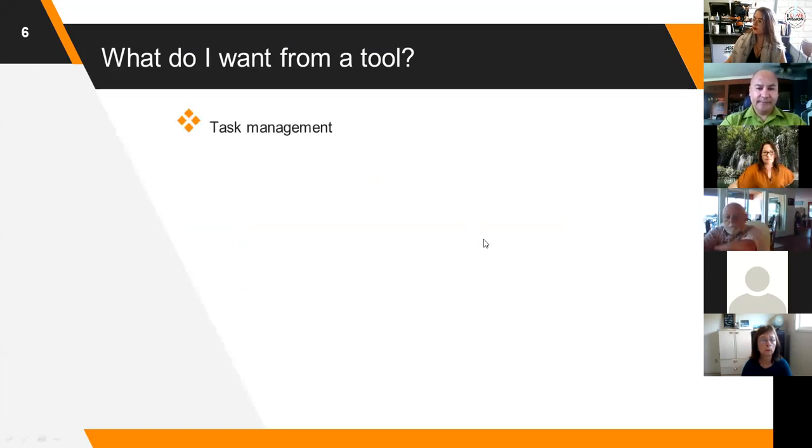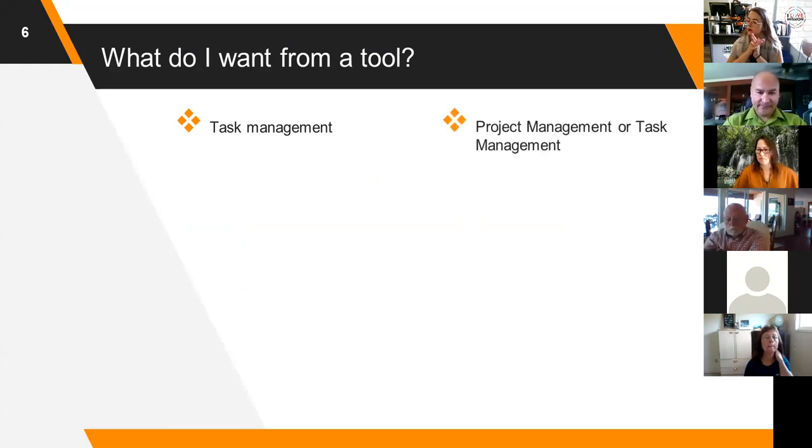So when we look at PPM, which is a project portfolio management tool, we want to make sure that tool does task management. Without managing tasks, there's no real benefit to it. But other options are project management. Now, I know programs like Trello say we do task management and project management. I'll let you decide that factor. But some are very strong in some areas and very weak in another. So the two tools are not necessarily the same.